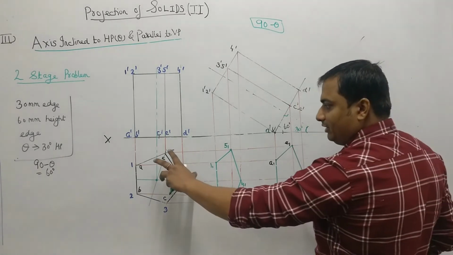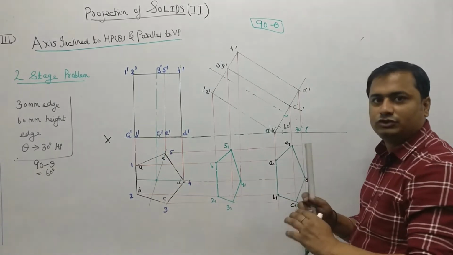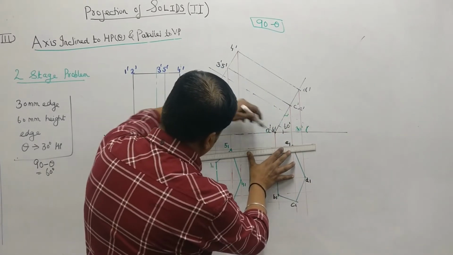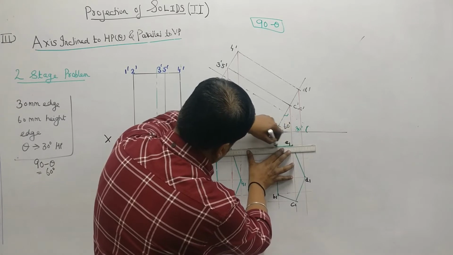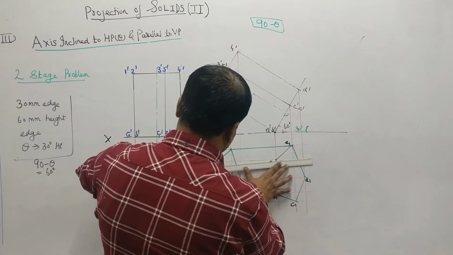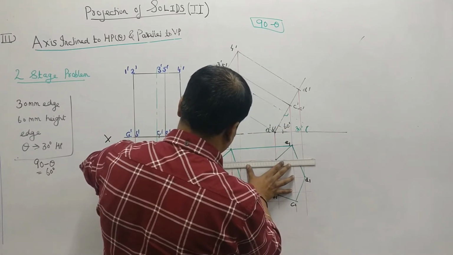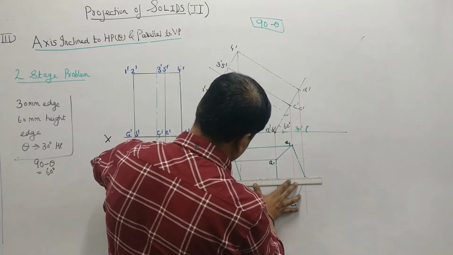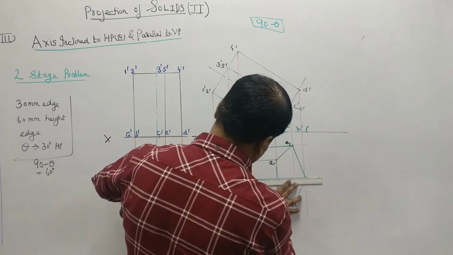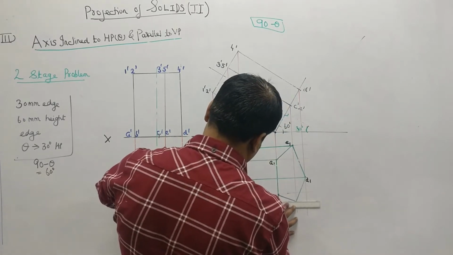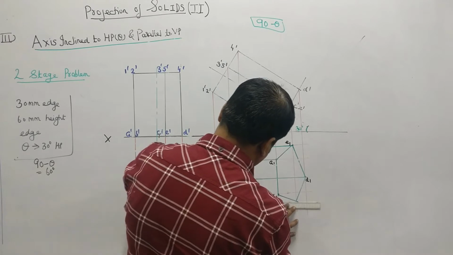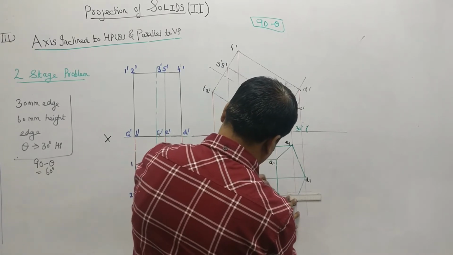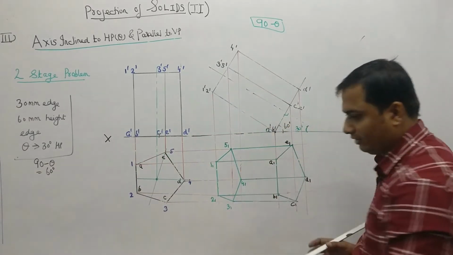Okay, you can go from here. You can see the top view. You will be knowing what we have to join. So 5E, join 5E. So I will be joining 5E. This is my longer edge. 5E, 1A, 4D, 3C and 2B. Right, so I have joined all the corresponding edges.